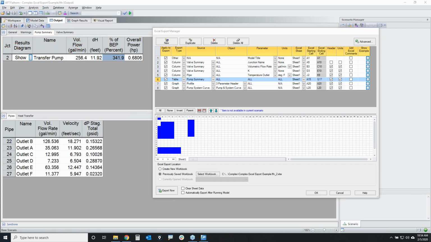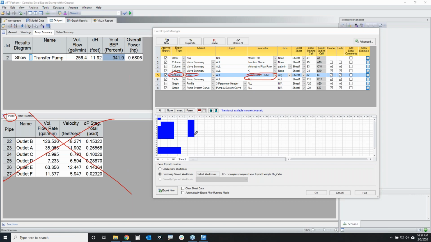But let's go back to the pipes. The piping information here for row 5 is also using a column of data. So here I'm doing a column of data from the pipe tab right here. And as you can see, I'm exporting temperatures. Well, I'm not showing temperatures in the output window,